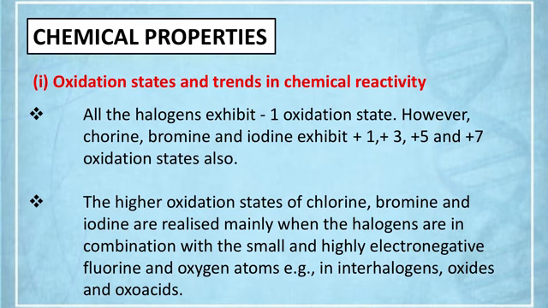For fluorine, chlorine, bromine, iodine, the common oxidation state is -1. Fluorine exhibits only one oxidation state, that is -1. Question comes why? The rest of the elements can exhibit oxidation states +1, +3, +5 and +7. Why fluorine only -1? It is the most electronegative element with no vacant orbital, hence it can accept one electron only, so -1. It has 7 electrons in the outermost shell. After getting one electron, the configuration is 8, a stable electronic configuration like neon. Fluorine exhibits only one oxidation state, -1, always.